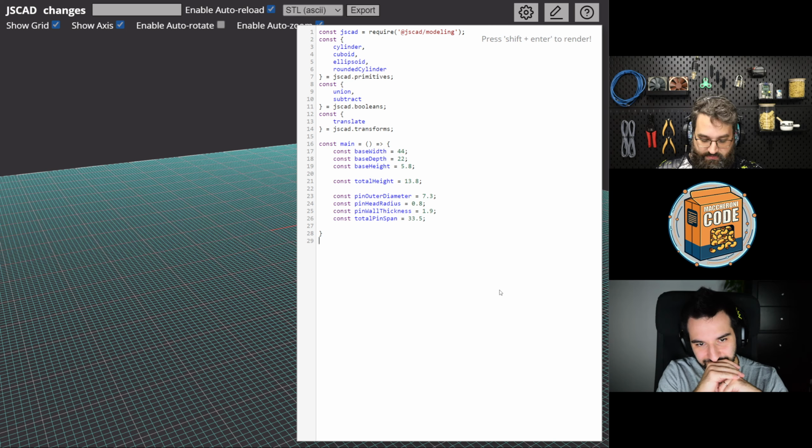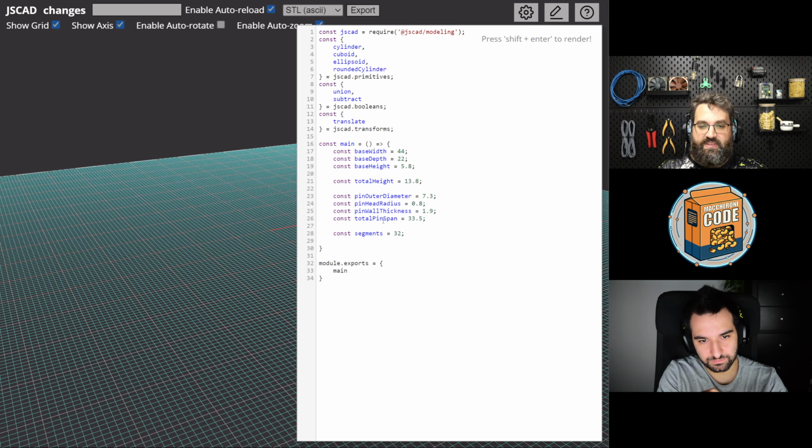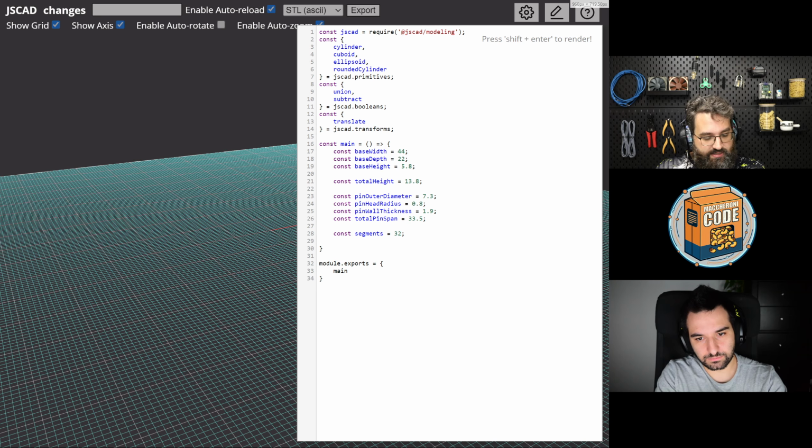Now that we have them, we want to effectively start building something out of this. We need to expose the function. If you saw the previous episode, you know that the first thing that I always put in these designs is the segments. This is a tunable knob for the quality of the design, the precision. We're gonna work with a low number of segments so that we can iterate rapidly, and then we're gonna go deeper.